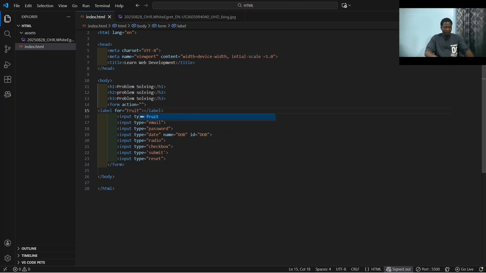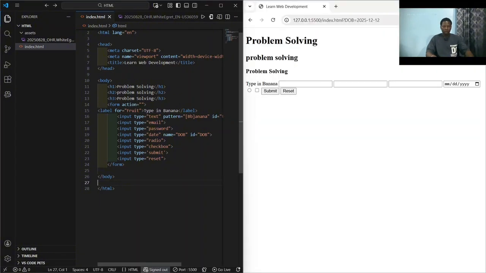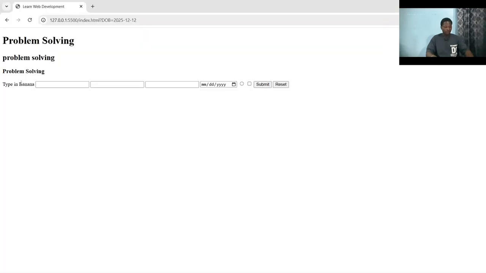And I'll just tell the user, type in banana. So I gave in the prompt for the user to type in banana. As you can see, if I should click on type in banana,